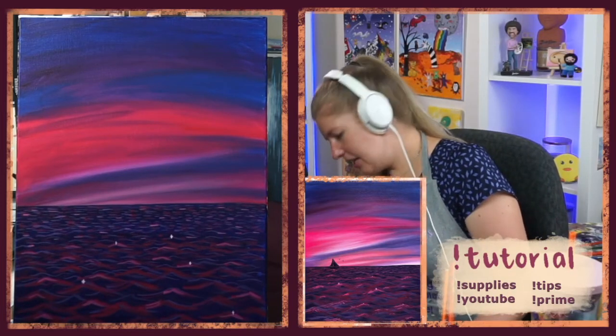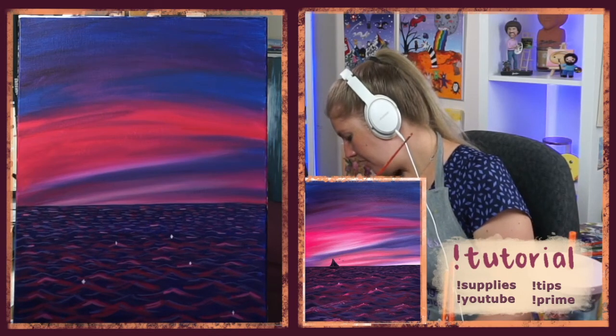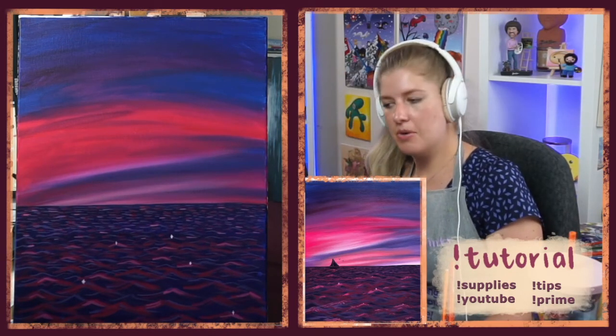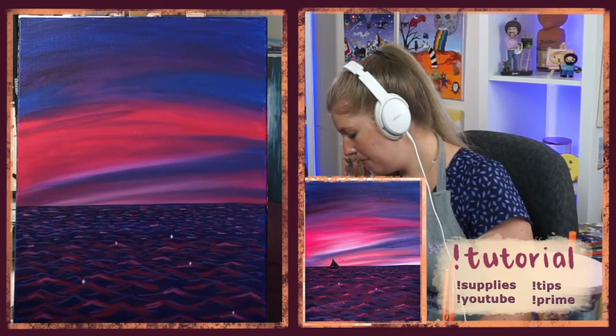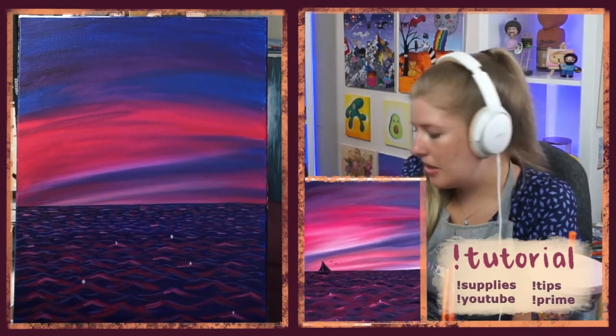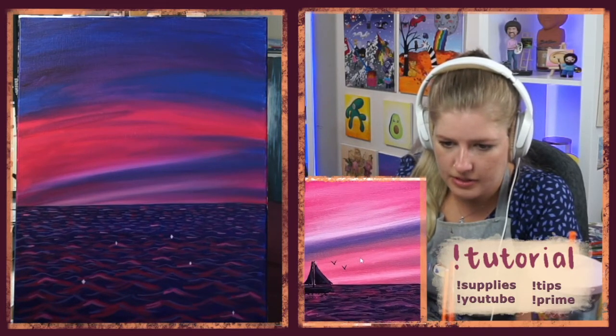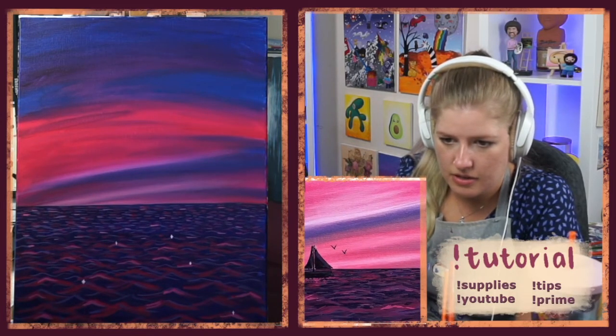All right, let's do this little sailboat. Sailboat is going to be 2 colors. It's a very, very dark purple, and then we highlight with just a slightly lighter purple. Let me zoom in. That will help you see a little bit better. I was looking at my original, that's why I was looking down there. Look at that little guy. Move him over